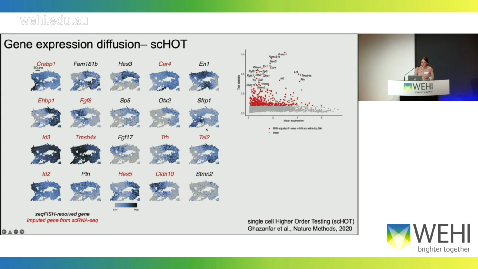We can note that EN1 is present very much along the boundary, and then, for example, Has5, in our inferred gene expression based on our single-cell RNA-seq, radiates out from the MHB. So that's one component that we looked at in detail. This was the brain story from this project.